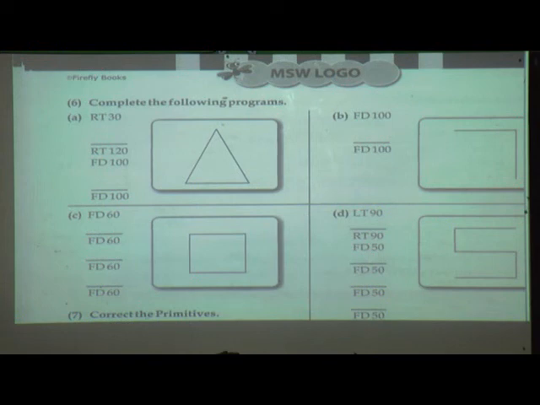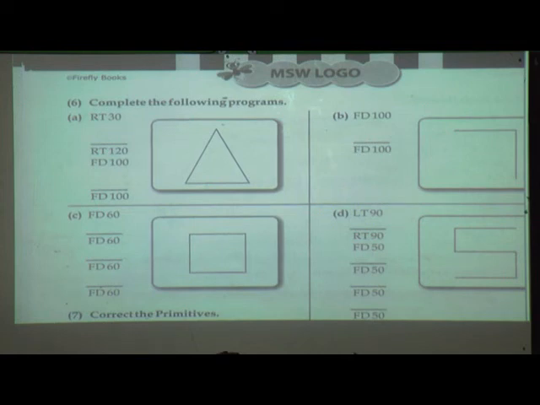RT 120. Then FD 100. Then missing, and then FD 100. What will come? RT 30.